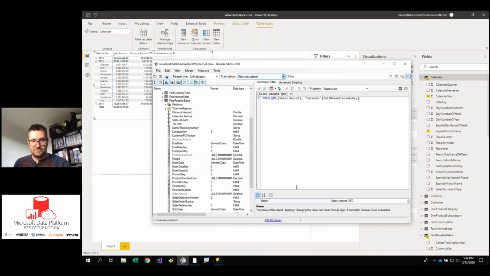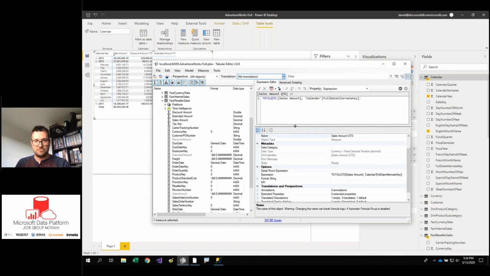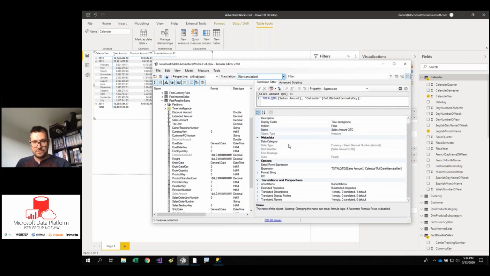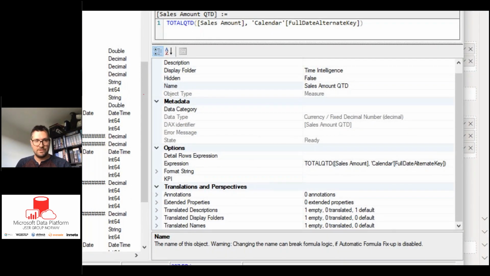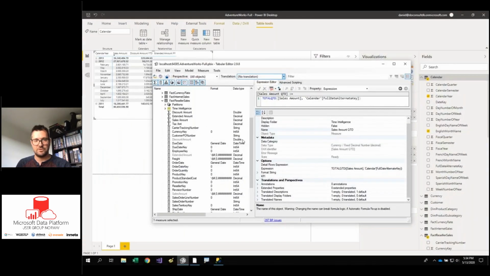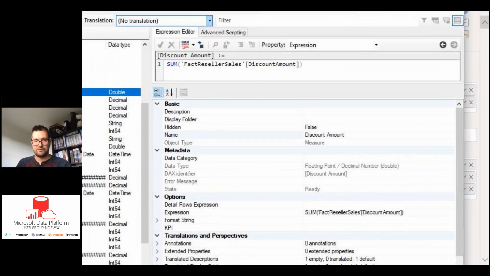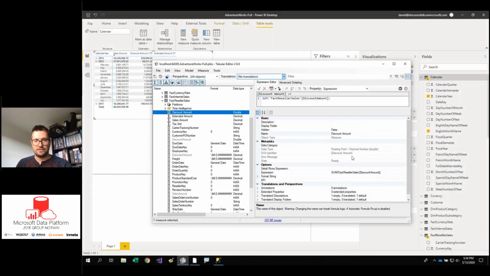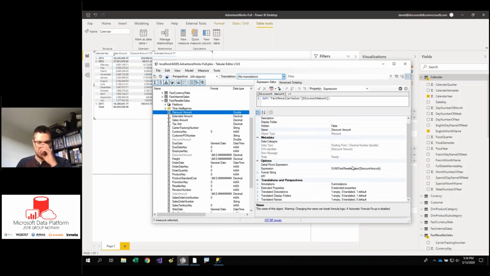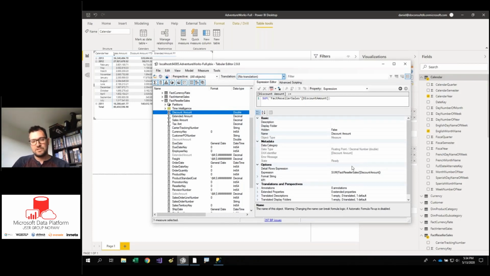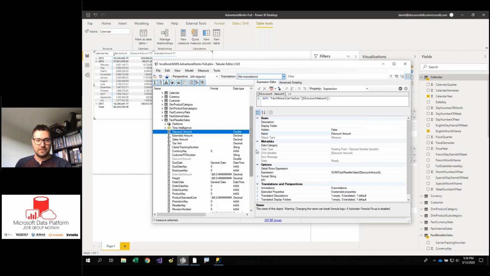And there's a lot of other functionality in Tabular Editor. So you've probably already seen how I'm using the property grid down here, where you have full control over all the metadata settings that you can apply to various objects. So on a measure, for example, you can set the description, display folder, whether or not it should be hidden. And that's a ton of options you can set in here. And this is all basically just properties from analysis services that have been exposed here so that you can play with them. So yeah, a ton of stuff going on,